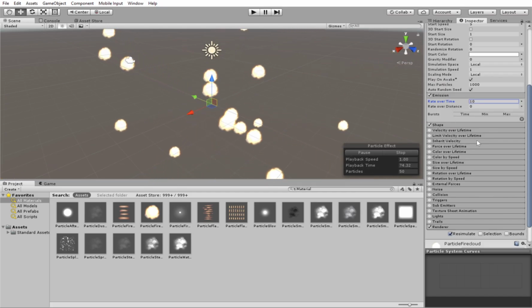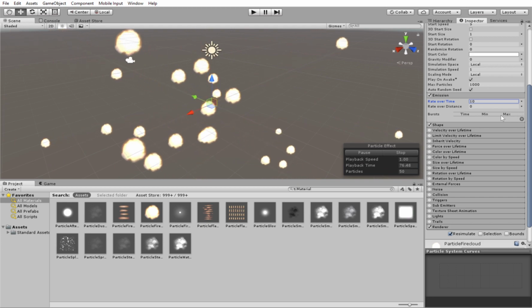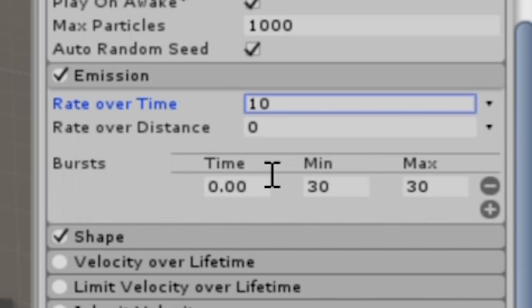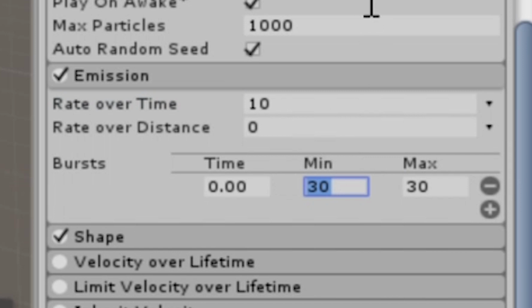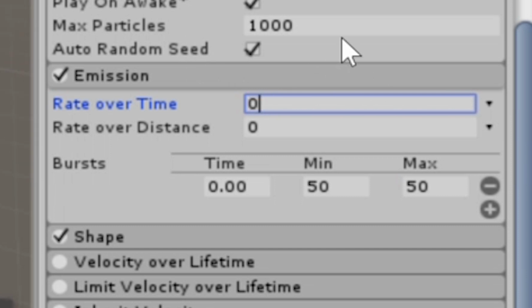Next, we're going to head over to the emission module, where you can set both of these values here to 0, and we're going to add a burst. This burst is going to be at 0 seconds, and we're going to set it around 50 particles. We can change this later, it'll just change the size of your explosion, but I feel like 50 is a